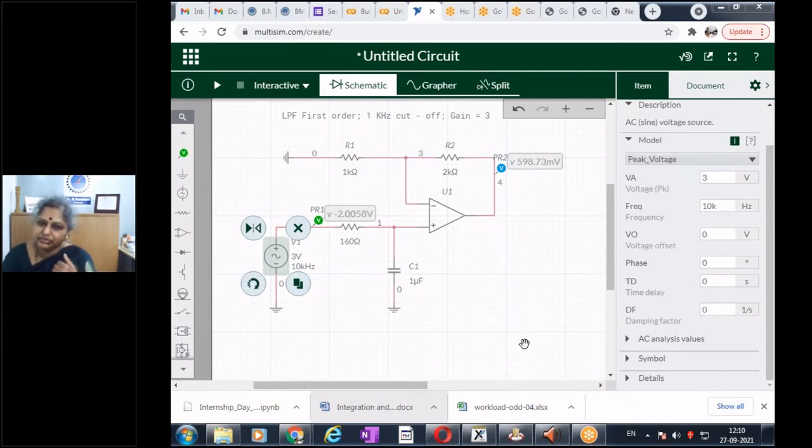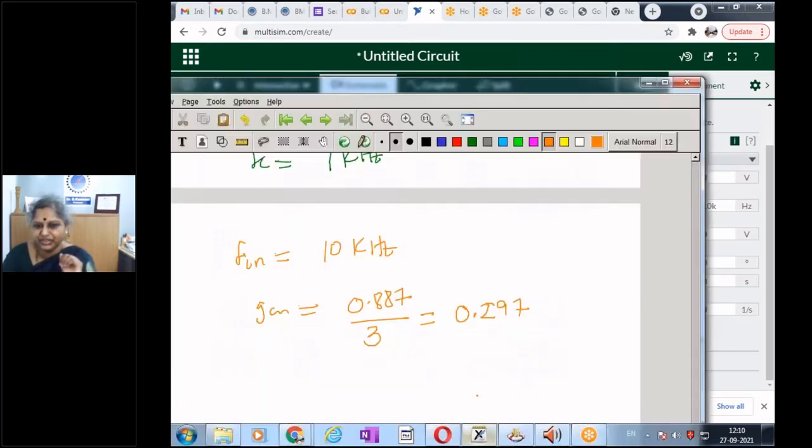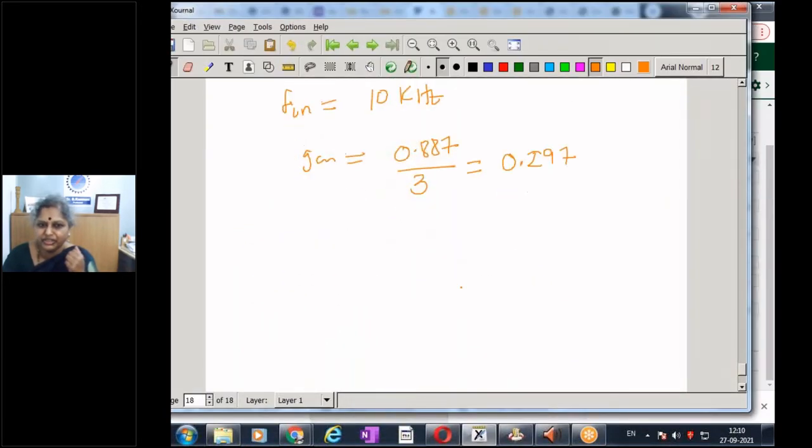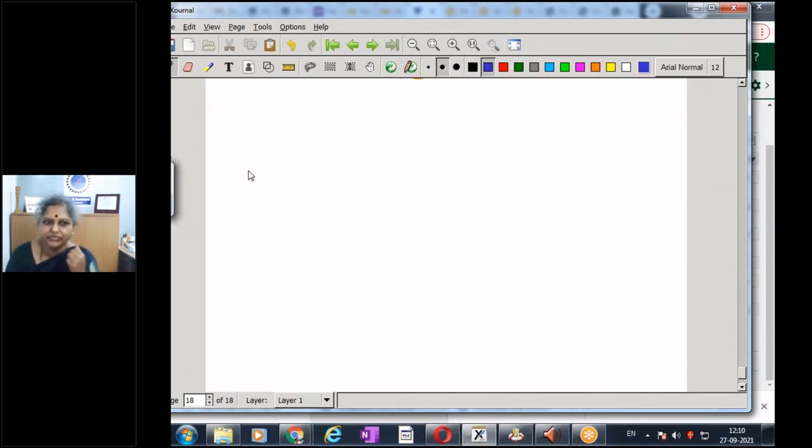So we have seen it for a first order. Now I will convert the same circuit to a second order filter. Let's see the specifications, what specifications we want. Now, having seen the first order system, let us do the second order low pass filter. I'll retain my cutoff frequency FC as 1 kilohertz because I do not want to change my R and C.